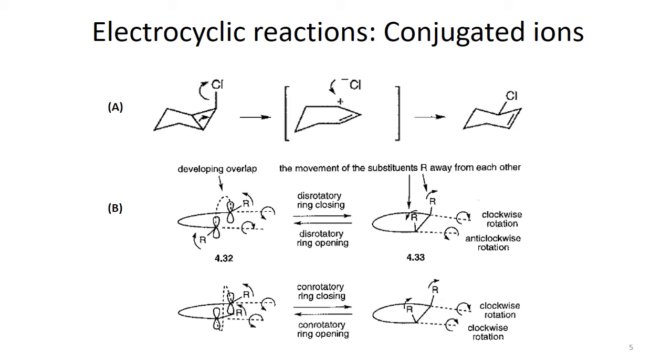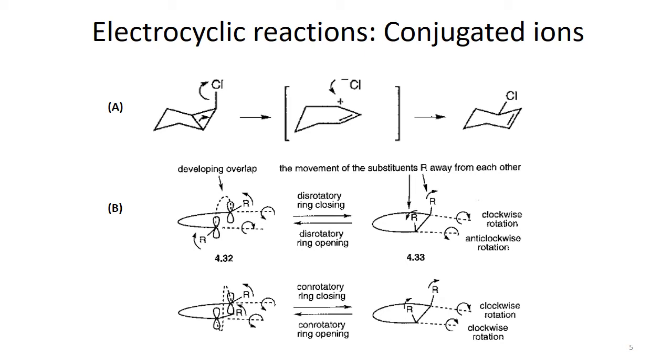But what we want to know here is that in case of disrotation, the substituents present on the terminal carbon atoms move in opposite directions. One of them moves clockwise and the other moves anti-clockwise. So when this happens, these two substituents come together, because one of them is moving upward and the other one is also moving upward, so they come together in a cis configuration.